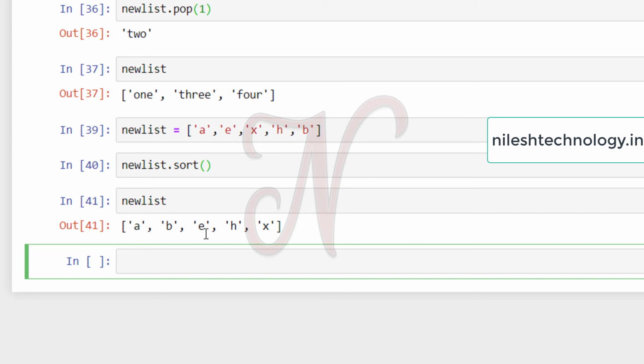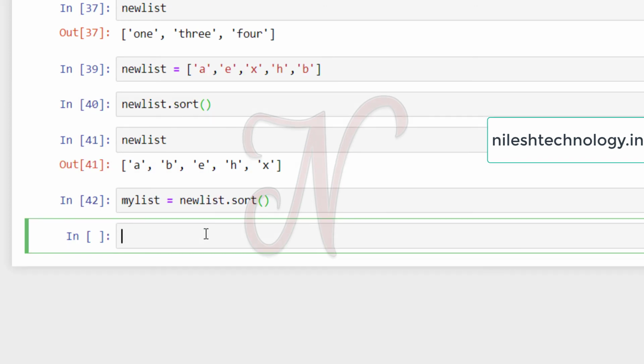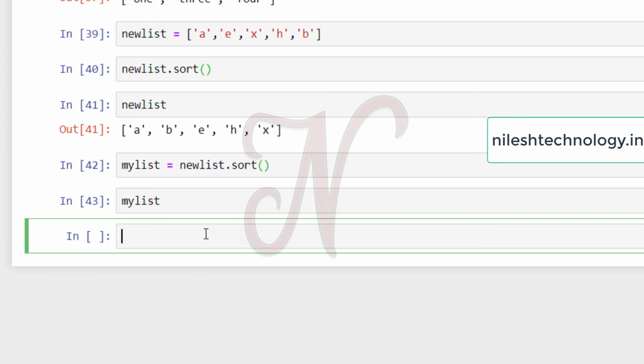This function cannot return any list or any value. If you try to assign the sort function to a variable, see here, my list is equal to new list dot sort, and then you print this variable, my output is blank. Blank means nothing.